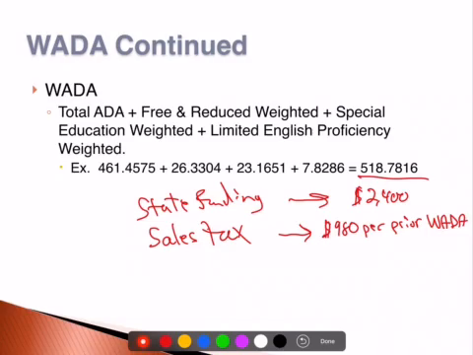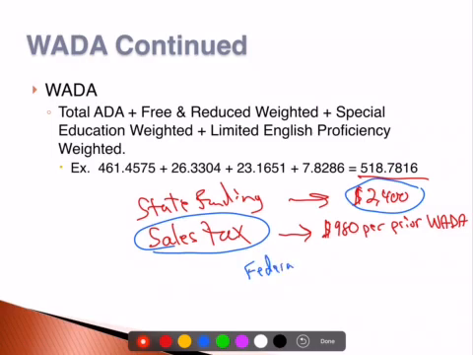They can increase the amount of money that you get from your basic formula. They can increase the amount of money that you get in sales tax because of the weighted ADA, and they can increase the amount of money that you get from the federal food service program. So those are three big ways that you can have an impact, and by the time you think about it, Knox County is probably getting closer to $4,000 per weighted ADA that's added on there. So if you add four free and reduced lunch students, you're adding $4,000 right there. So it's important to make sure that students are on free and reduced lunch if they qualify. The other thing I wanted to talk about